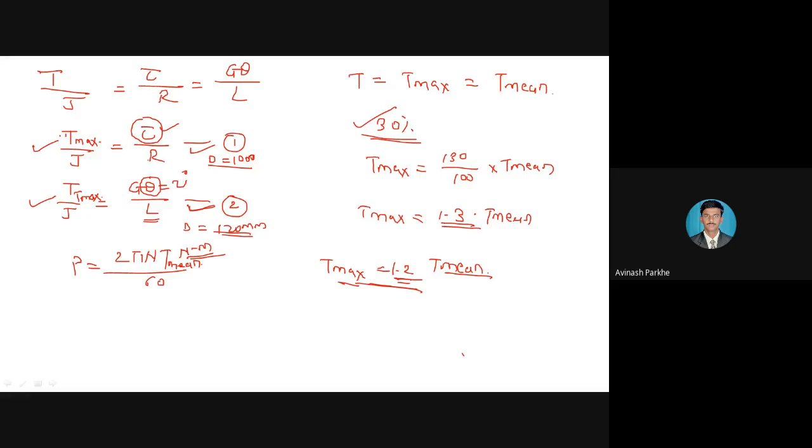Based on this procedure, we have solved two problems in the last lecture. But in those last two problems, only shear stress was given as a parameter. Therefore, we used only one formula for the diameter calculation. What is that? T upon J is equal to tau upon R. But if in the same problem the value of G, modulus of rigidity, the value of theta, that is angle of twist, and the length of shaft are given, then how to calculate the diameters by using the second formula, that we are going to discuss in today's lecture.